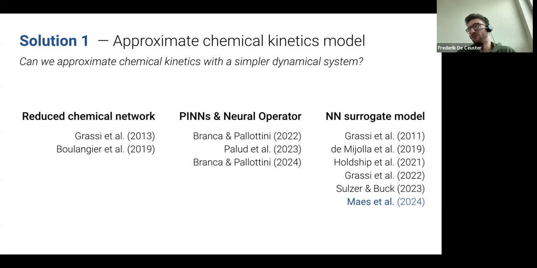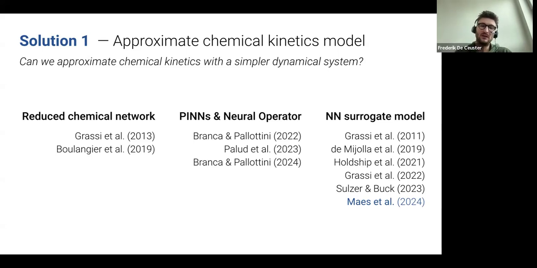It turns out that in particular cases, you can actually do that, but it's often a very risky business because you have to be very careful where you stay in your parameter space. And it's very difficult to predict a priori whether something is going to work or not. So we've tried that, but it turned out to be quite risky. Another approach is to work with these physics-informed neural networks or these neural operators just to speed up the computation of this set of ODEs. That all yields some interesting results, especially to get some more precise results. It helps you get away with some of the numerical difficulties you usually have.